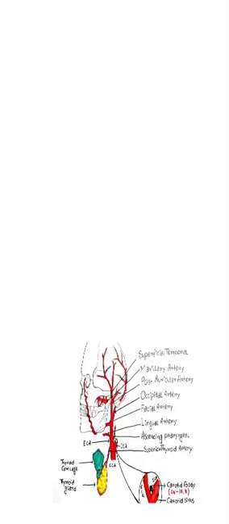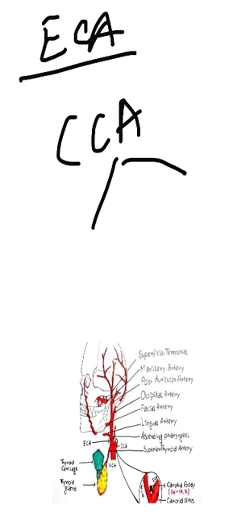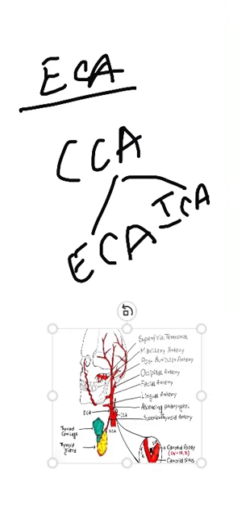Hello guys, so today's topic is the external carotid artery. In my previous video I mentioned the common carotid artery and its divisions. It is divided into the external carotid artery and the internal carotid artery. Now coming to the common carotid artery bifurcation, at the level of the thyroid cartilage, in the image you can